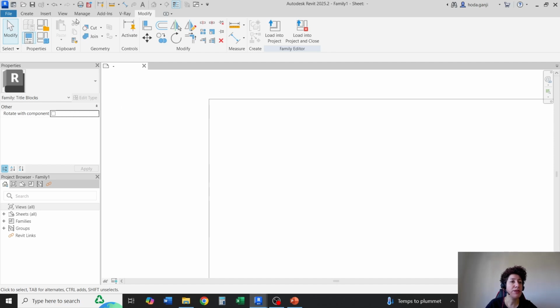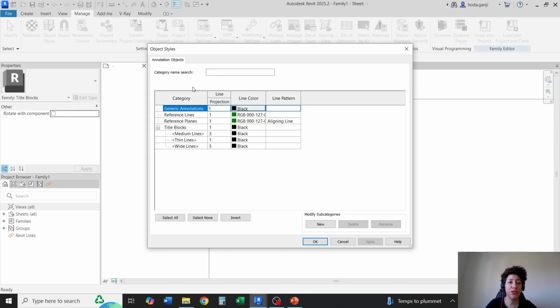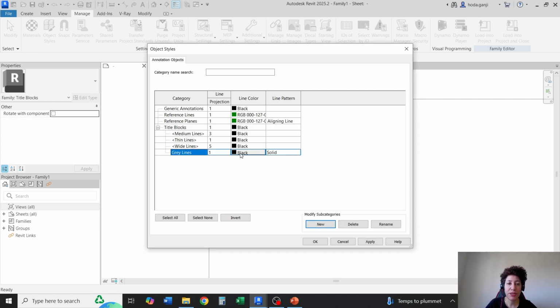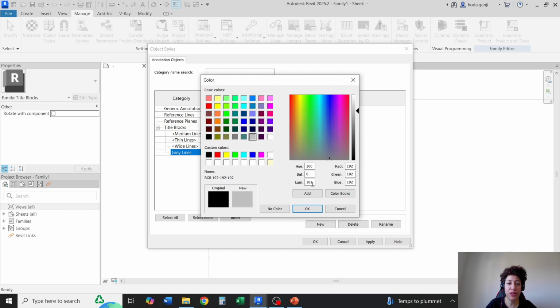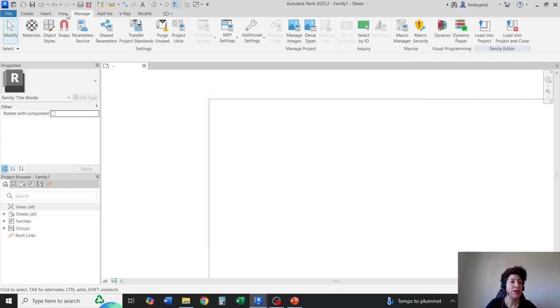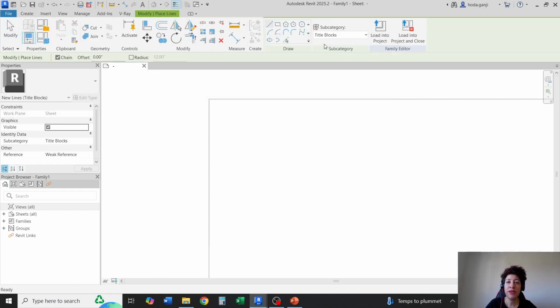So I'm going to go to my Manage Object Styles and I'll see I have some lines here. I'm going to create a new subcategory here and I'm going to name this gray lines for the edges and the title block. It's going to be gray, so I'll go with light gray here and I'm going to change this to dashed line. I'll hit OK. I'll go with create line and here I'm going to use my gray lines